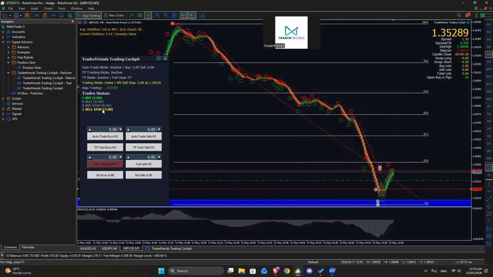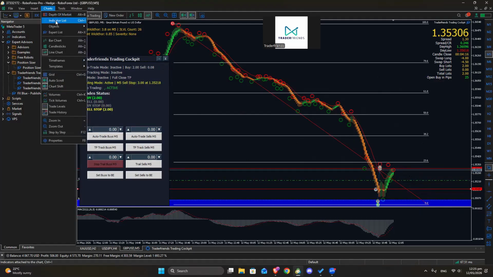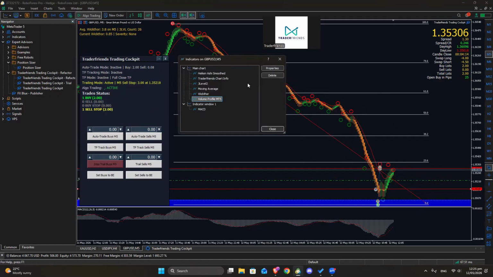The positive side about hedging is that if the market goes down, I could close the sell, and then if it goes up again, I still have my buy open. So that's a good thing: you have more flexibility and can make more profits if you are good at hedging. But if this is too much for you, you can just keep it at stop loss trailing. If I put stop loss trailing,